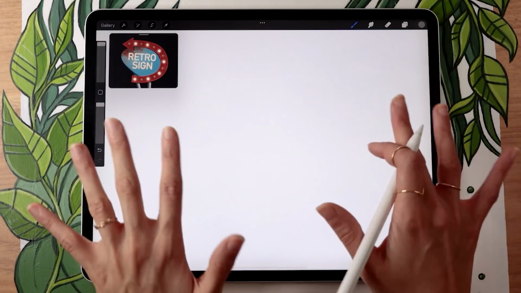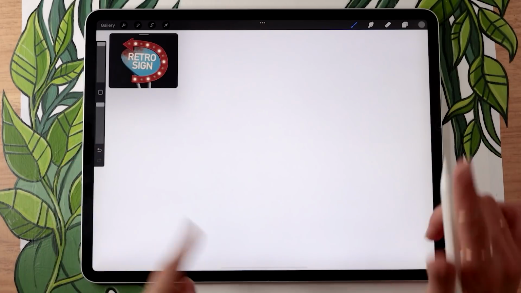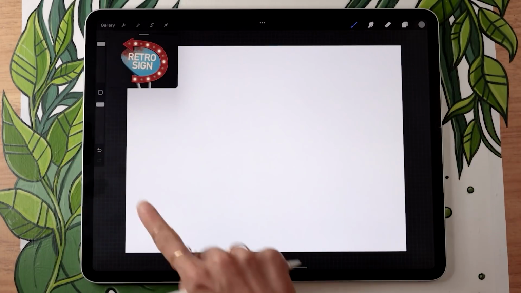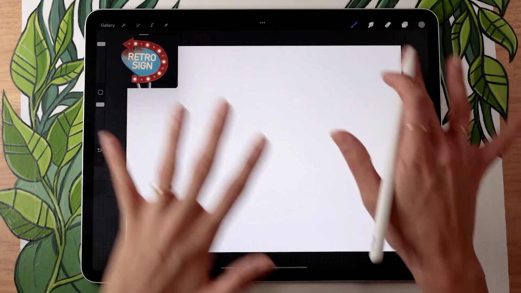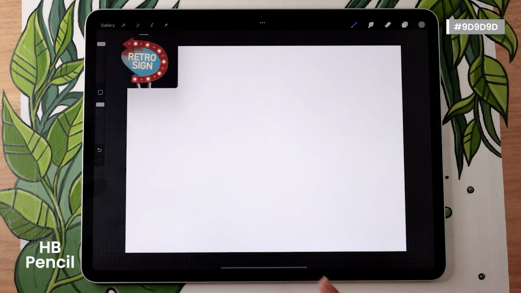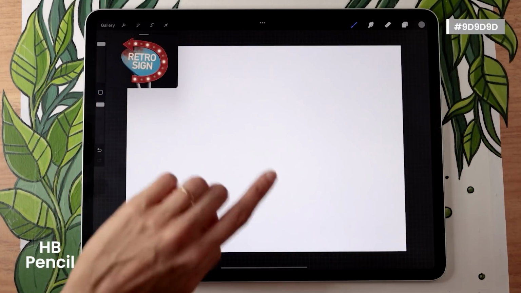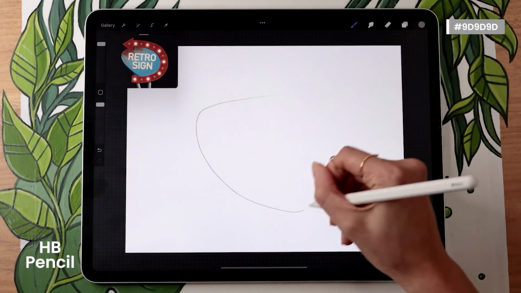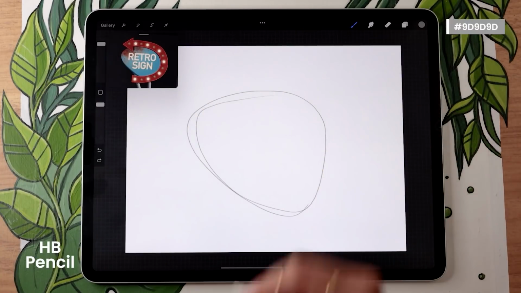And you can really draw any shape of your choice here for the panel, but one thing I would recommend is to zoom out so you can actually see the edges of your canvas so that you have a better idea of your composition. So again, you can draw really whatever shape you want. But if you want to do like I am doing, we're going to start with this kind of rounded triangle. And then we're just going to wrap an arrow around it.